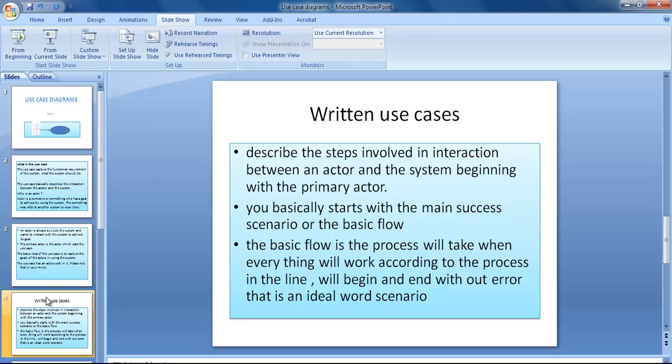The written use cases are nothing but how the system would interact, written in common English, so that the people you are dealing with can understand. Mostly the people you are dealing with are known as stakeholders. Now, who are stakeholders? Stakeholders are people who are primarily interested in creating the system. They may be business users. They are basically interested in using the system. And then there are other users who would like to use the system.